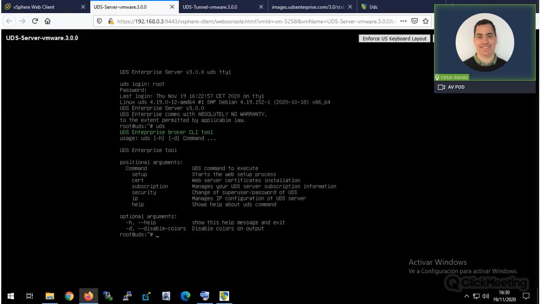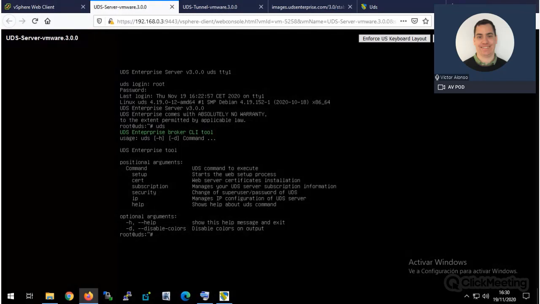For example, in case you increase the number of users, or you renew the subscription, the only thing you need to do in the infrastructure is a UDS subscription refresh. With this command, it is going to connect with our servers and recheck all the information, and it automatically appears in our